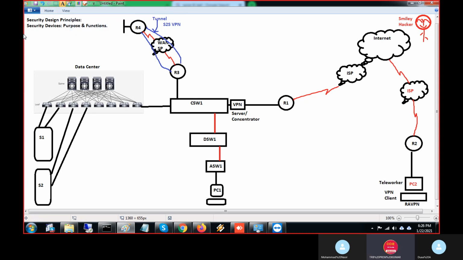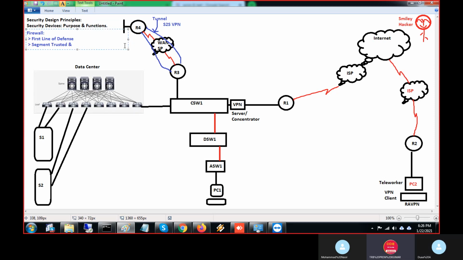What is a firewall? Let me write down here. Firewall is the first line of defense. First line of defense means this is the first device which will be protecting you. This firewall will divide, or segment, trusted and untrusted zones.